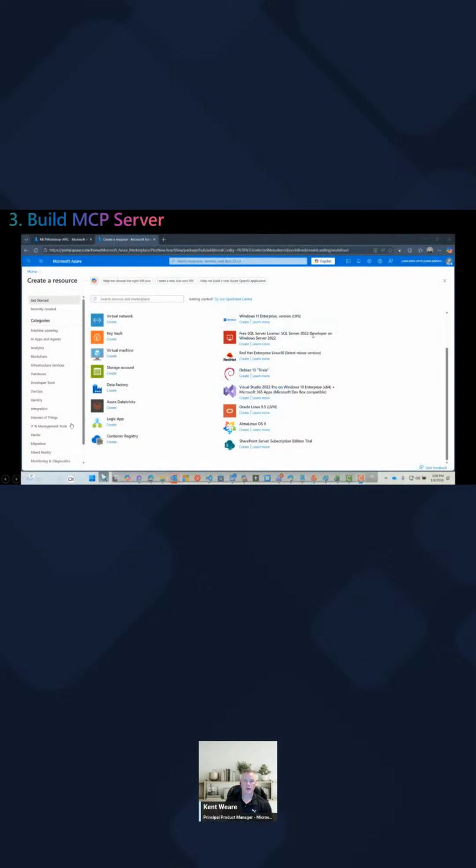So we'll go ahead, and this is the fun part, where first we'll create a Logic App Standard so you can see what that process looks like. And then we'll actually go through the wizard of building the MCP server itself. In order to use our MCP server, we do need a logic app. Since I don't have one in the subscription, I'm going to go ahead and create one. So let's go through that process right now.